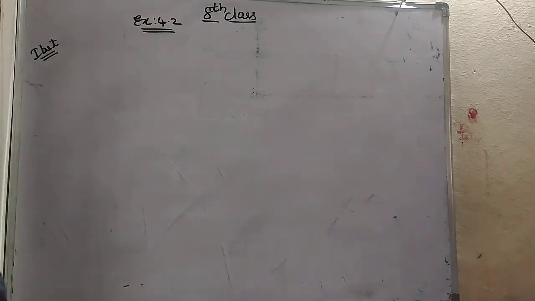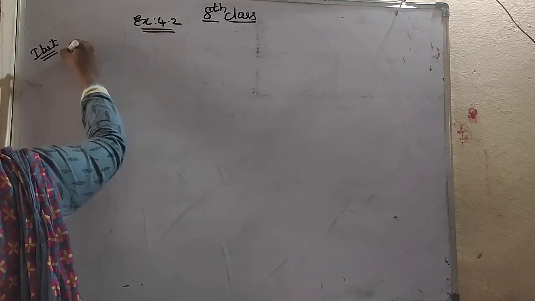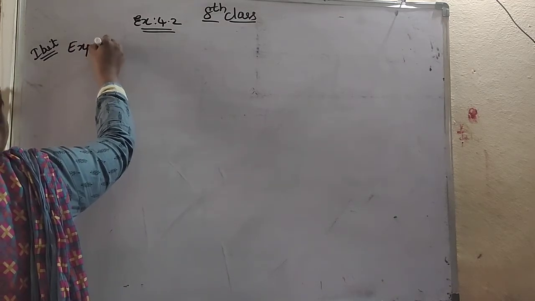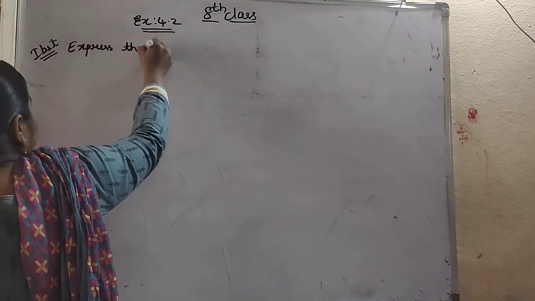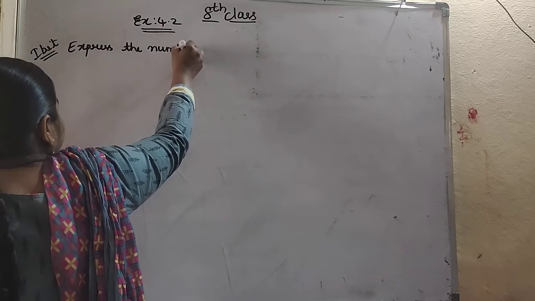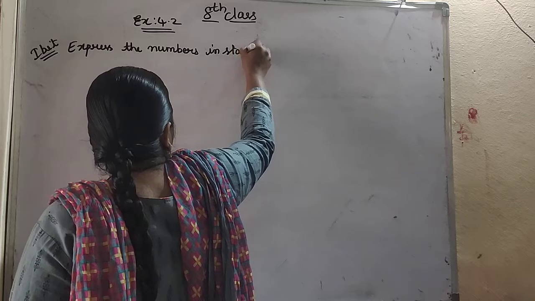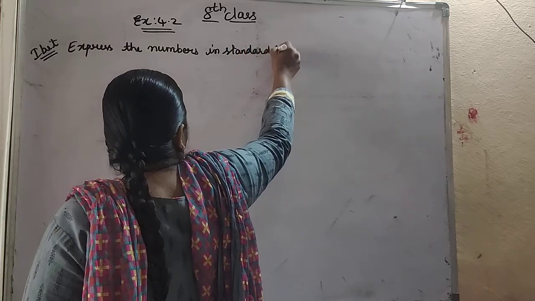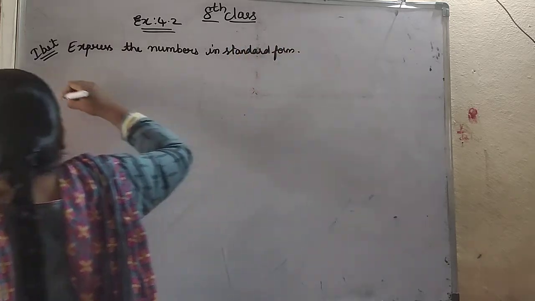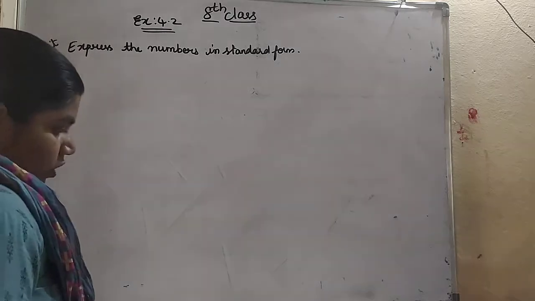So we have to express the numbers in standard form now. So what is the first one in that? First one is